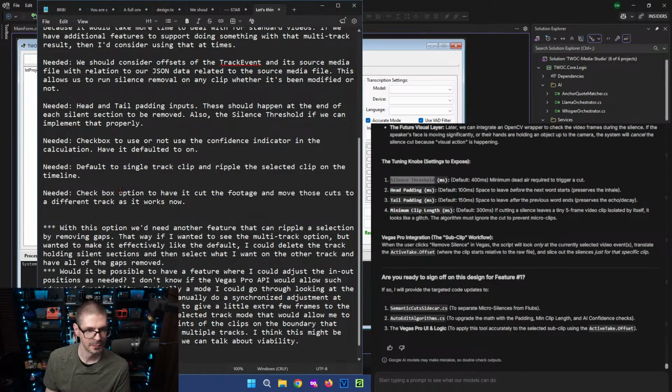Checkbox option. Checkbox option to have it cut the footage and move those cuts to a different track.